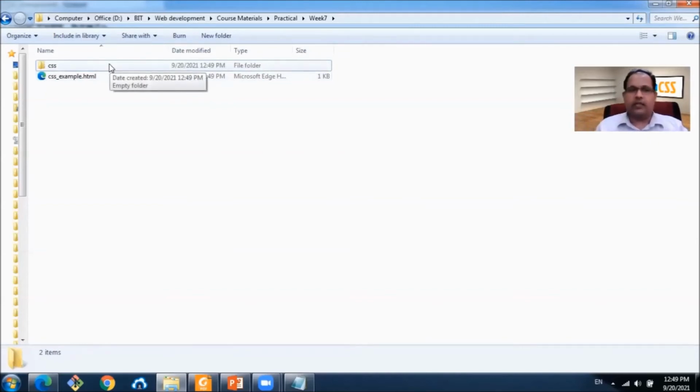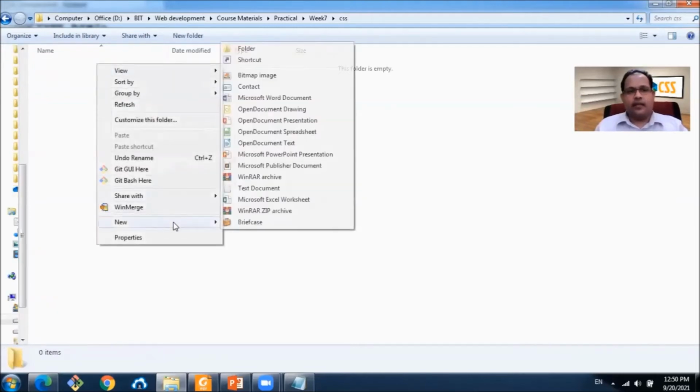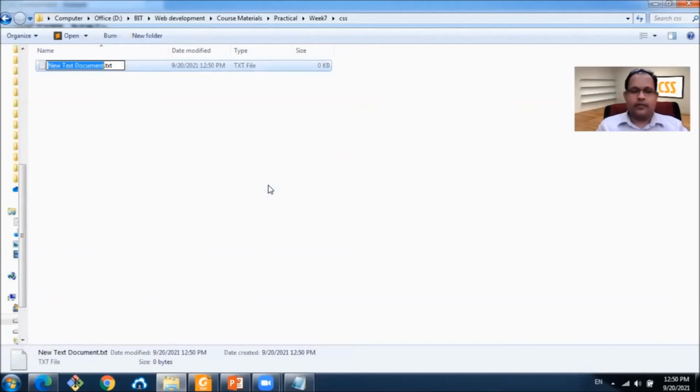In future, we will learn about them. For example, images, right? It is very organized when we create a folder to keep the CSS file separately, other images separately, and so on. I'm creating this file called example.css.